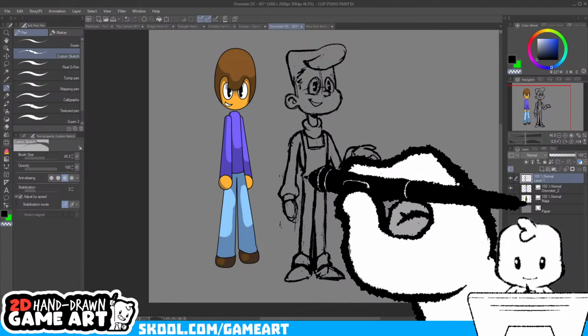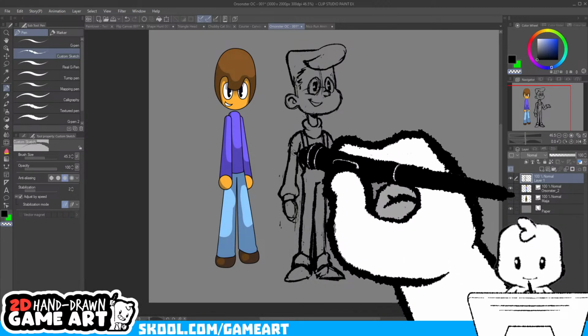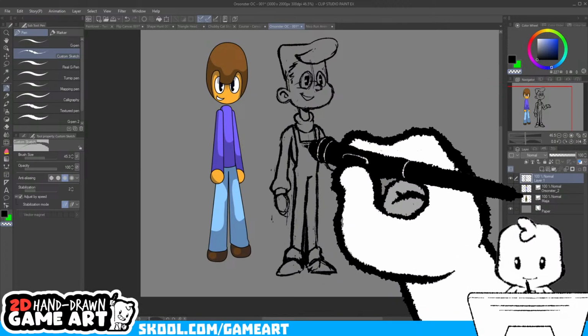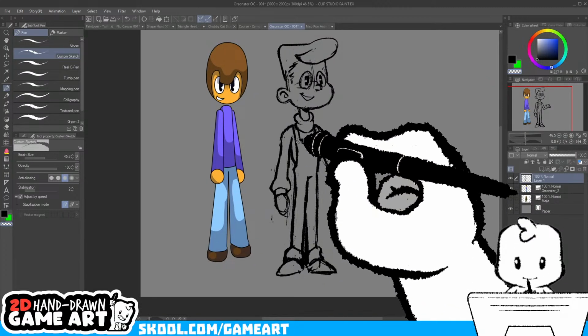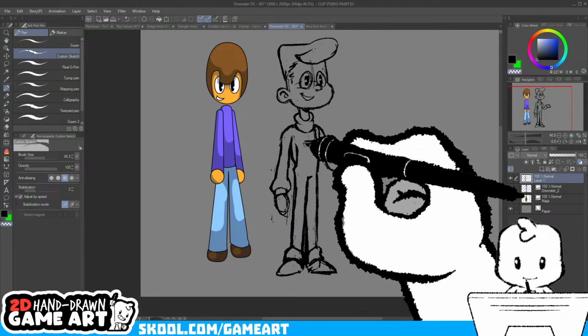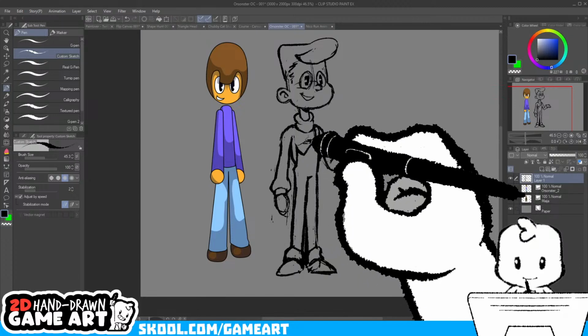There we go. It looks pretty good on him. One side being up. Let's try it like this.